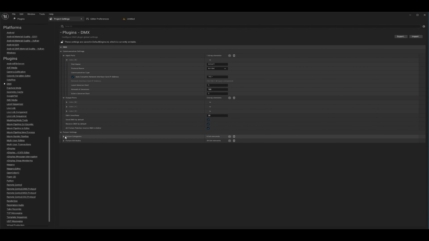We also have the default fixture categories and attributes. These are less important now because attributes are created on the fly when libraries are created. But these are the default ones that come with the engine. So if you wanted to add some to your project, you can add as many as you want in there. And these are the general settings that you'll need for your DMX ports to be able to receive and send